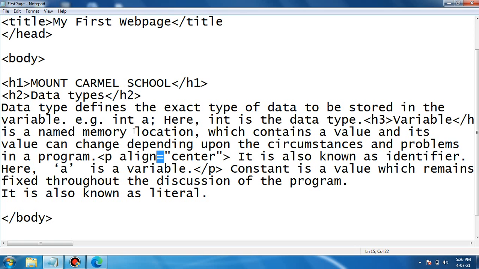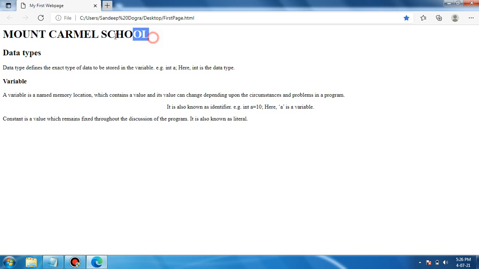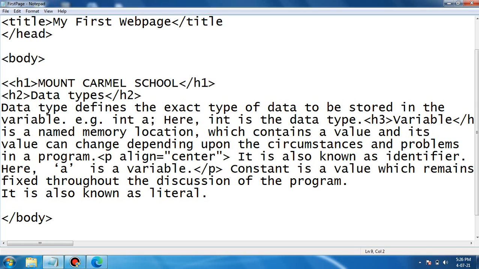Next is the center tag. The center tag is used to align the text at the center. This is the text, Mount Carmel School. Look, this heading is aligned at the left side. If I want to align it at the center, I can use the center tag. It is a container tag, so we must end this tag.